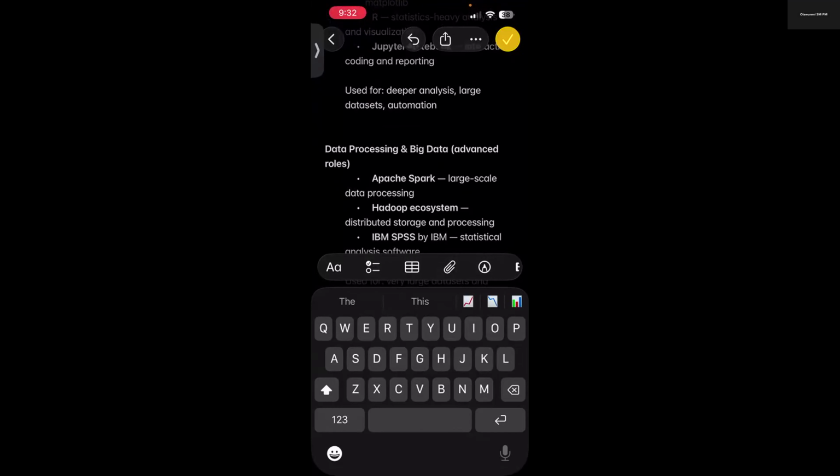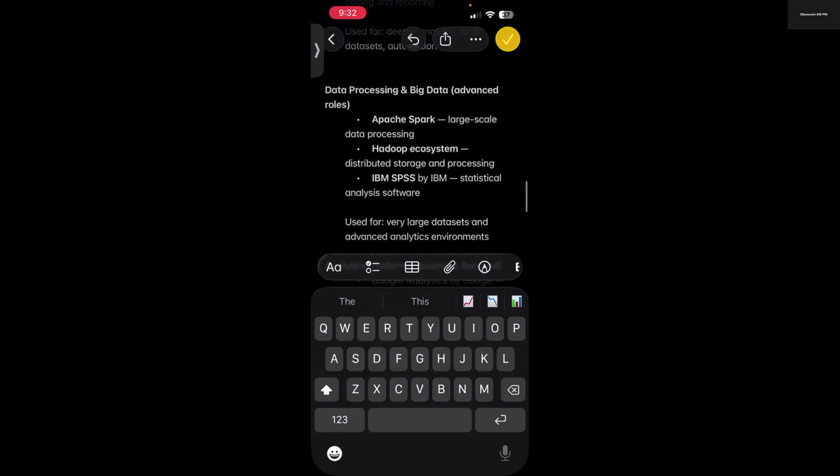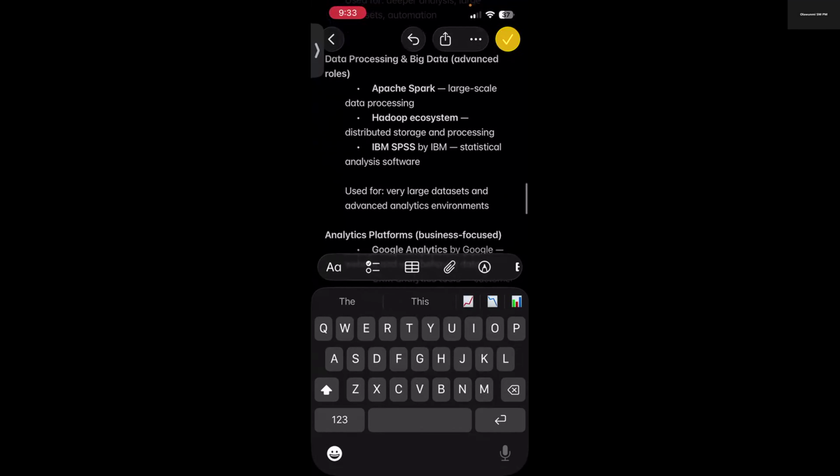Data processing and big data advanced roles: Apache Spark, large-scale data processing; Hadoop ecosystem, distributed storage and processing; IBM SPSS by IBM, statistical analysis software used for